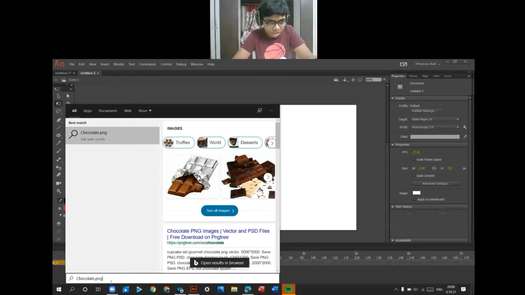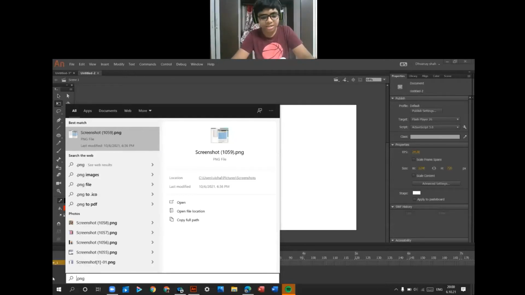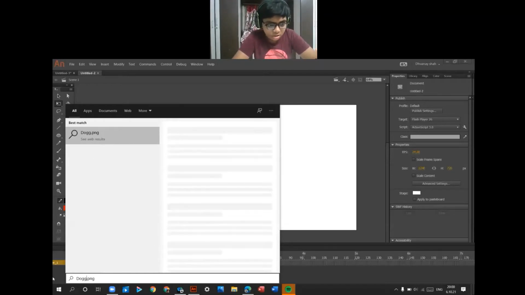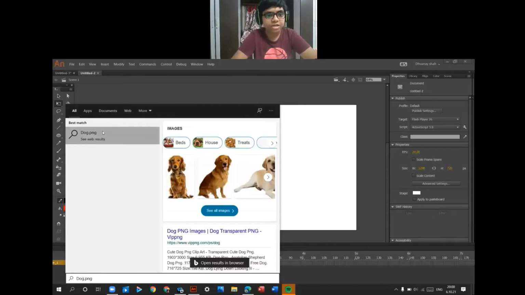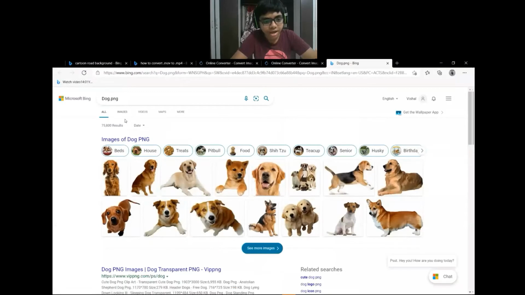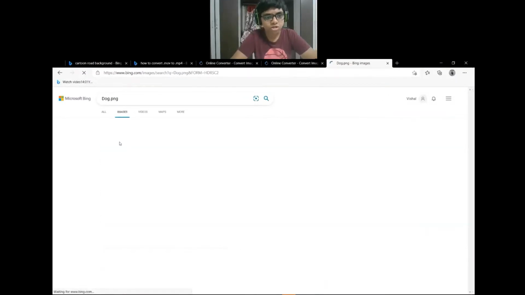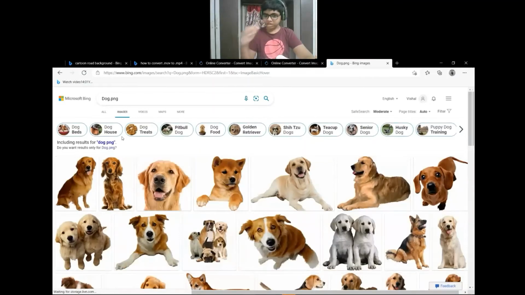Okay, I will not name it chocolate, I will name it dog, and click on Enter key. Now from Google or the web, you copy any image of a dog. Anything you can copy.